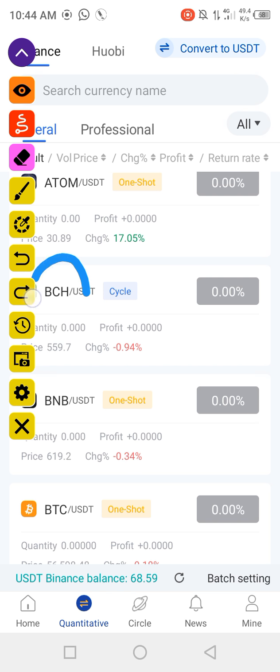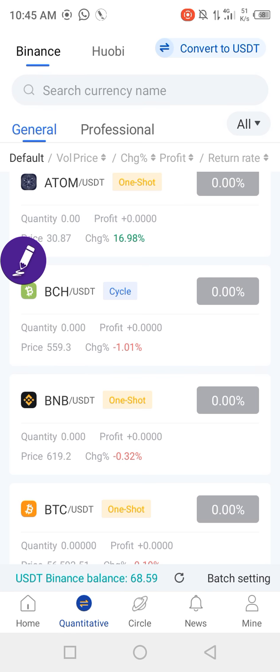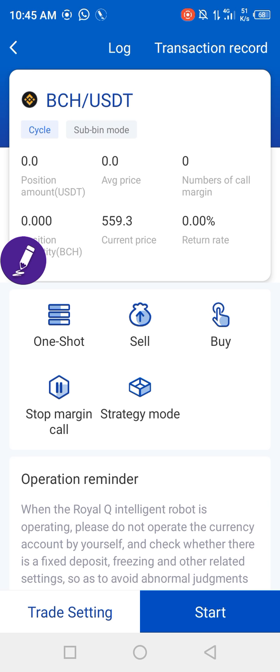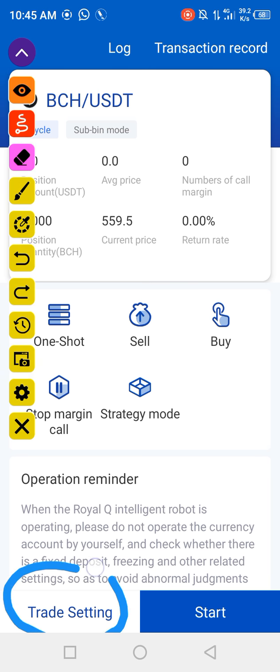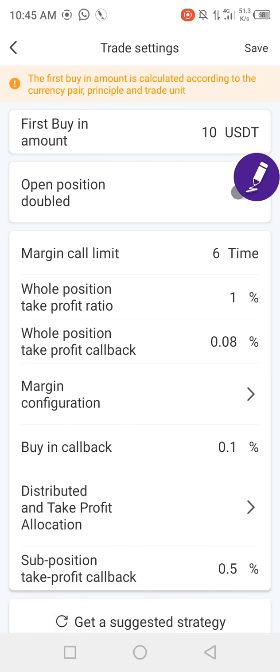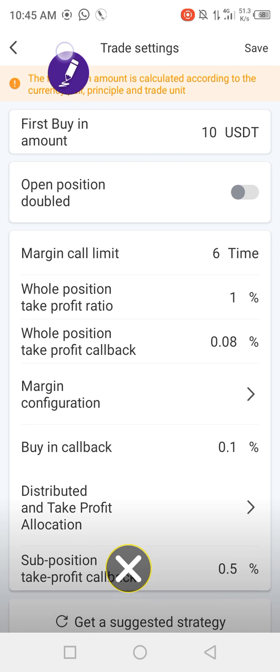Let's say BCH. Then you open it, click on it to open. Once it is open, you go to thread setting here. Then open it. Once it's opened,